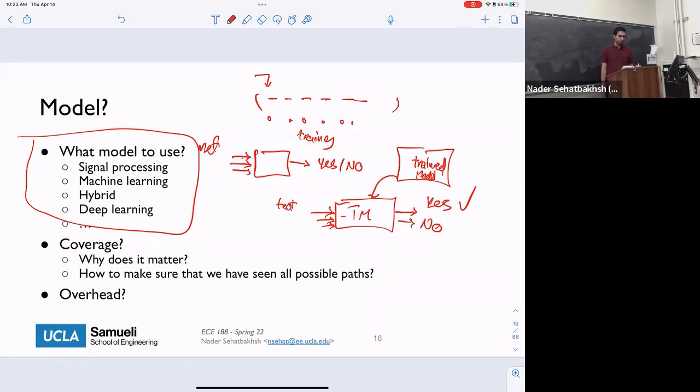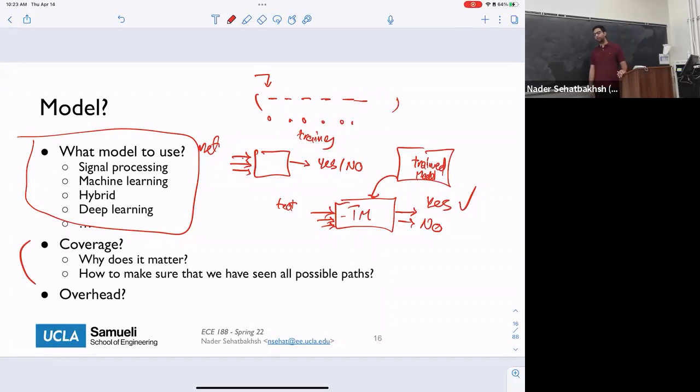So in order to build the model, there are lots of things that you need to think about. One of the key things is what's called coverage. Coverage means seeing all the different patterns from your normal activity. Why does it matter? It matters because it increases the accuracy of your system. So for example, let's say you have a program that has various different behaviors.